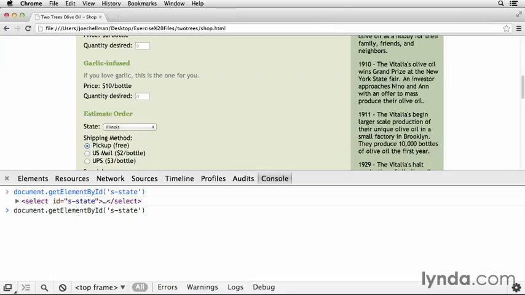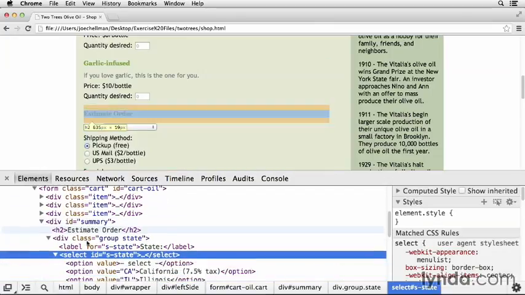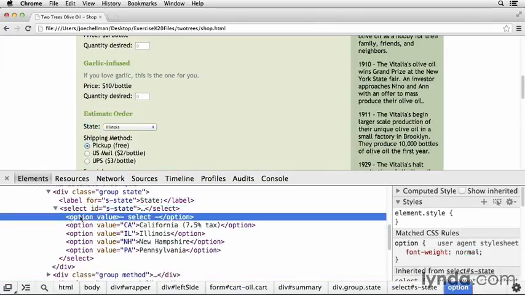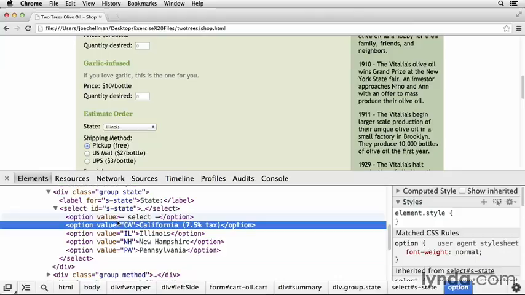This is good. And if I get its value property, just like with a text field, I get something back. Okay, now here's the tricky thing about a pop-up menu. I have some values that are displayed, and then I have a value that's returned. Why are these different? The answer is that on each of these option tags, I have a value attribute. So if I take these out,